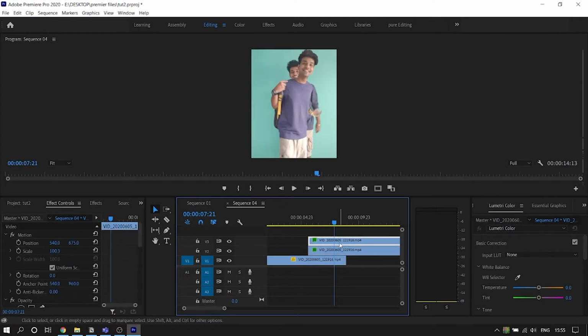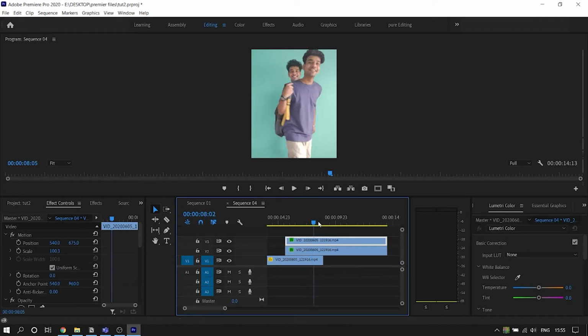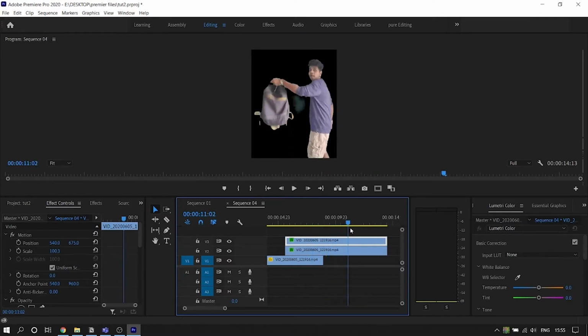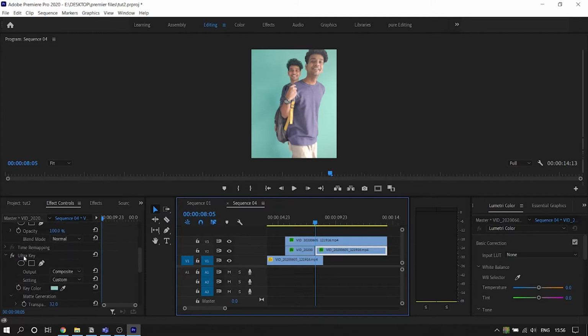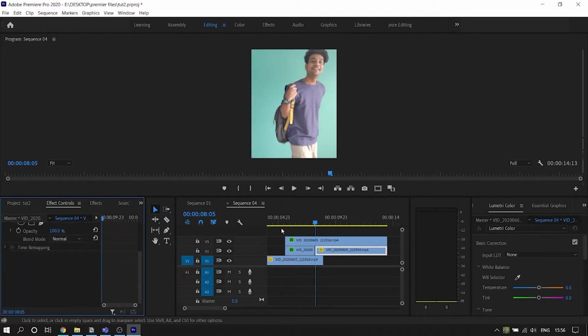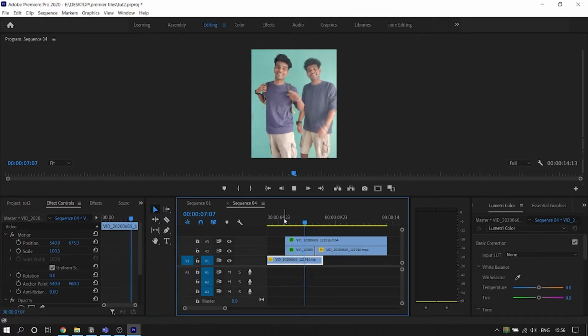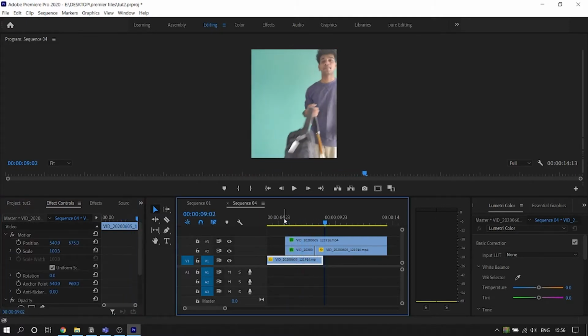Alright, now first of all let's see where the thing is. Alright, so now as you can see, after I cross myself from the back, the front guy crosses the behind guy, we don't need the ultra key anymore. So first of all just click on C and then cut this part out and then V and click on this and remove the ultra key from it because now we don't need it anymore. Alright, perfect.